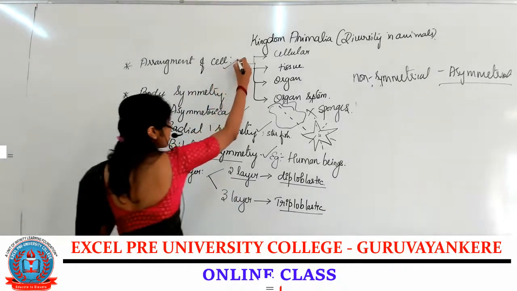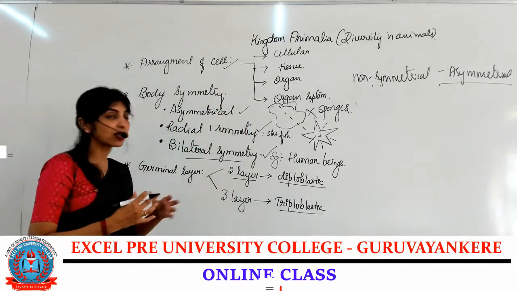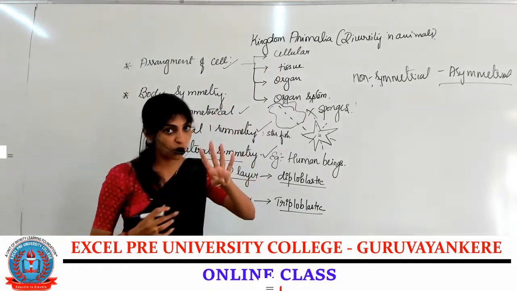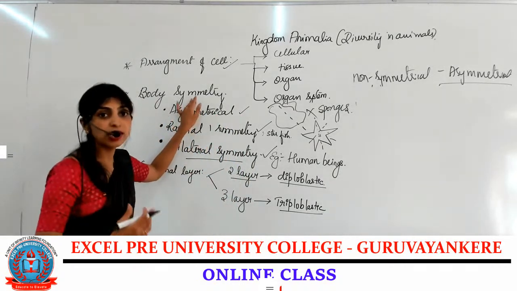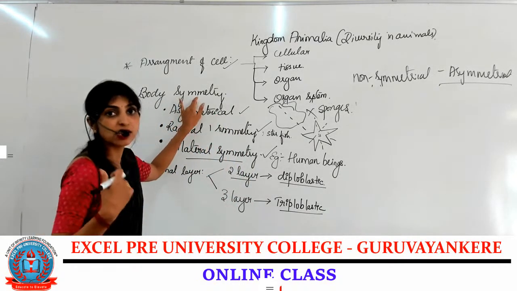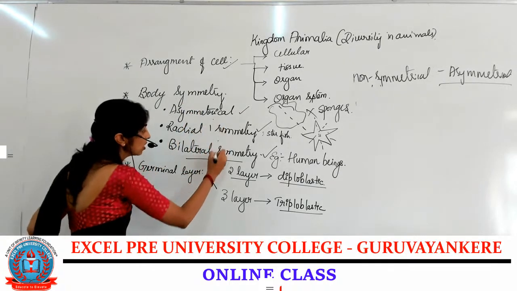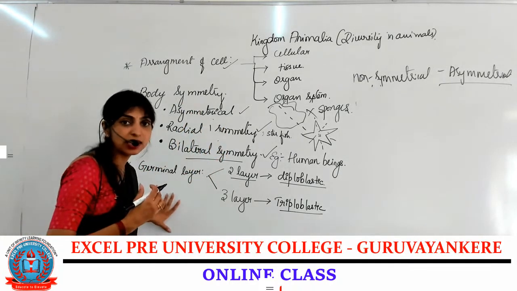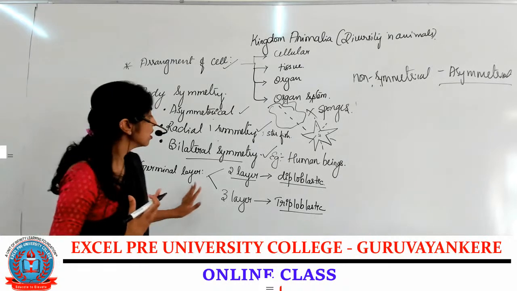We have arrangement of cells, how the cells are arranged, and based on that we have grouped them into four groups. Based on the type of symmetry, how the body parts are organized, we have three groups. And based on the germinal layer, that is the embryonic layer, the animals are